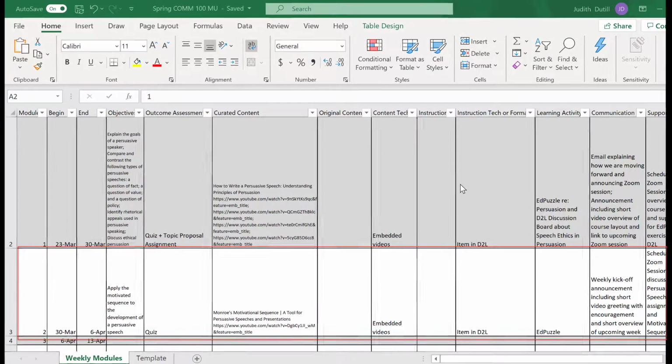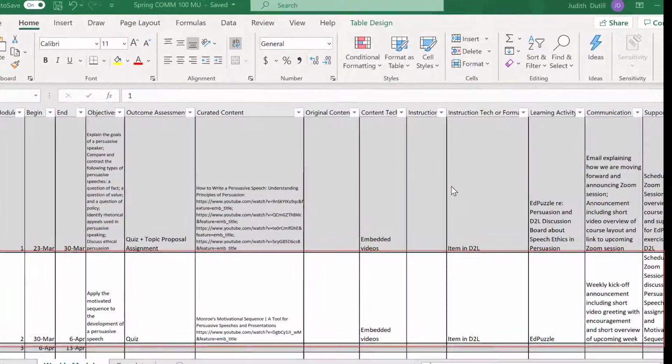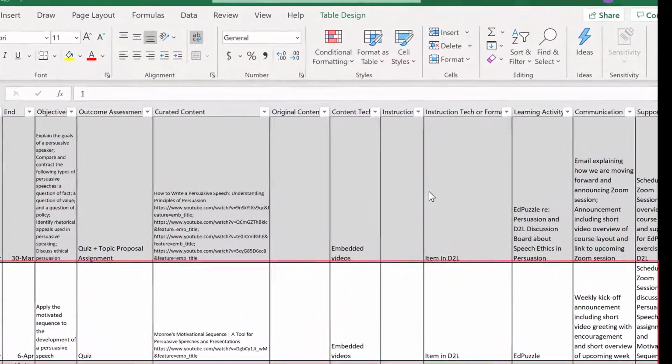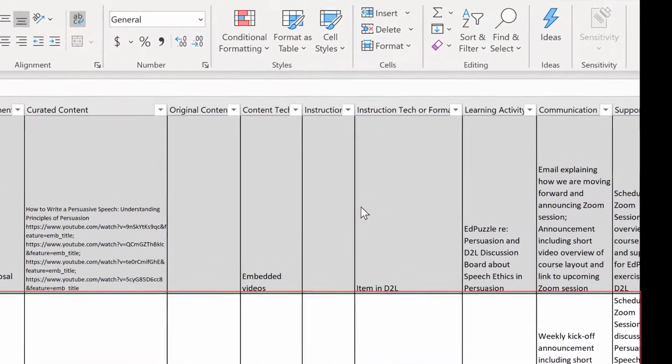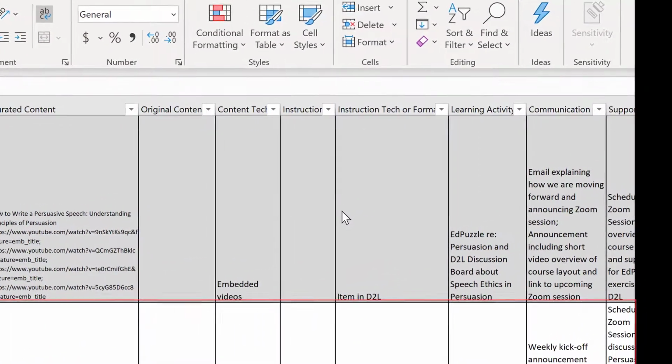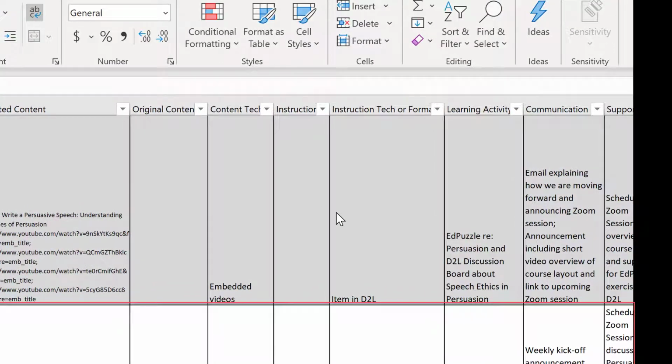Just to be clear what each column is for, outcome and assessment is about the student's skill development and mastery. The content is what information I'll share with students. This can be readings, instructional videos, or interactive learning objects, which frankly I don't have time to create right now. I may also include some learning activities such as discussion. Maybe I'll use Flipgrid to create a discussion exercise that's video-based.